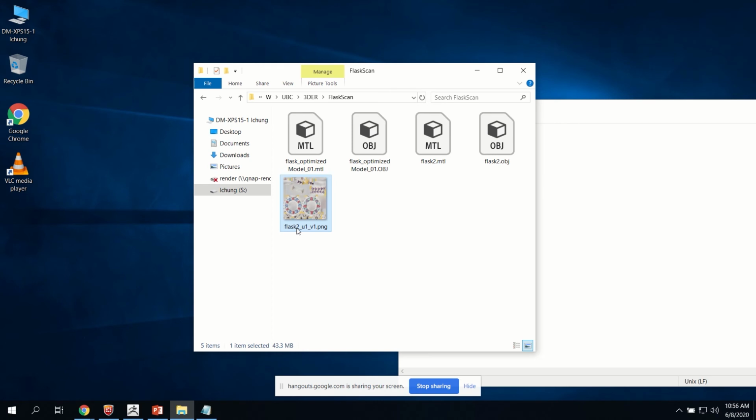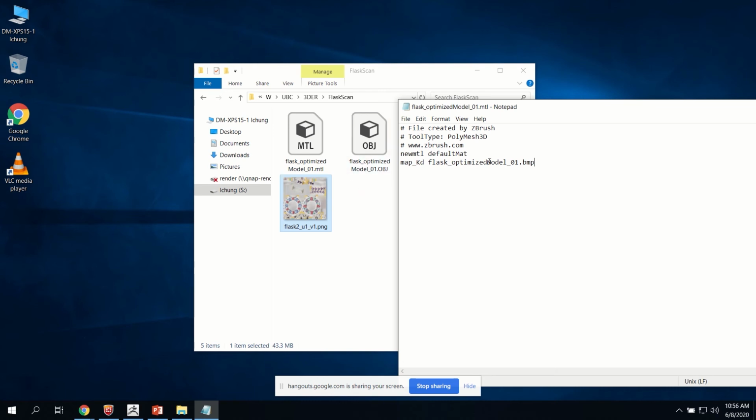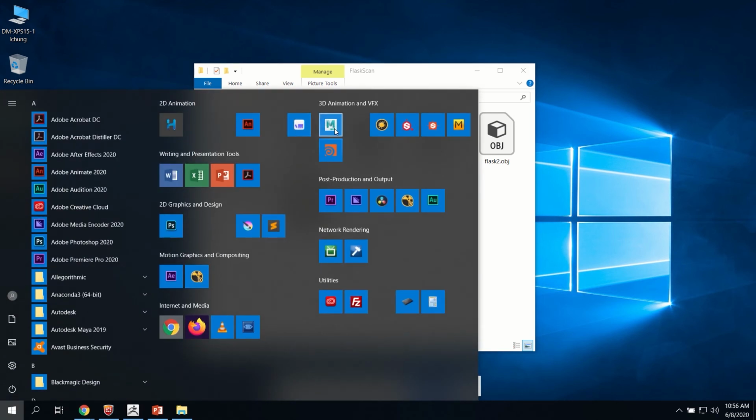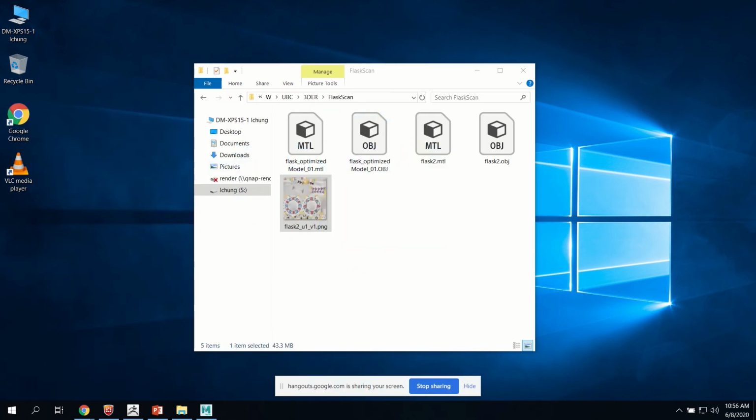I can just copy and paste this name. I select the whole thing, including the extension, and paste that in, and then I'm going to save and overwrite that. Great. So now, if I were to open up Maya or Blender,